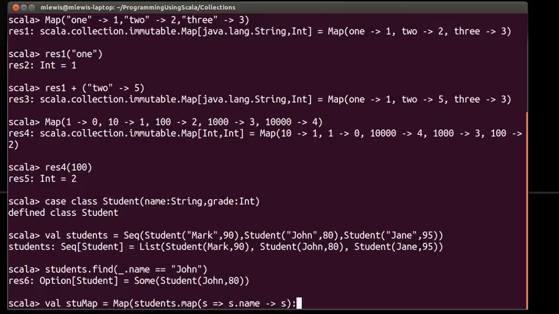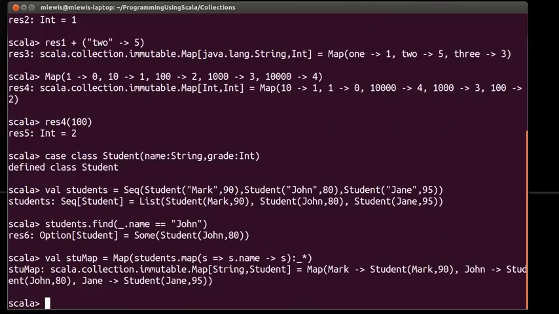And then to make it so that it takes a bunch of tuples as arguments instead of just a single sequence, I can do that. And you can see here that I got an immutable map of string to student,